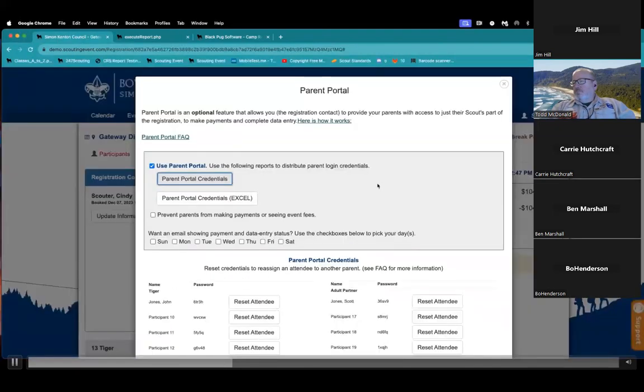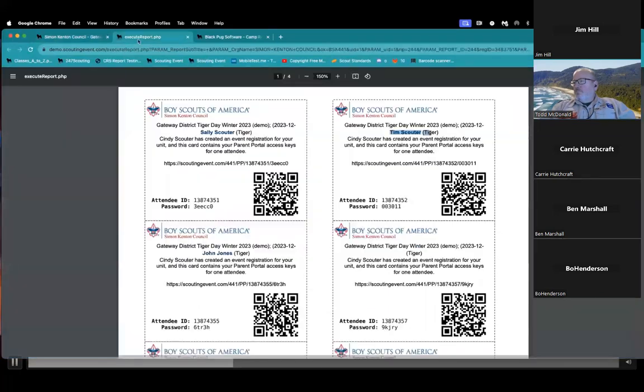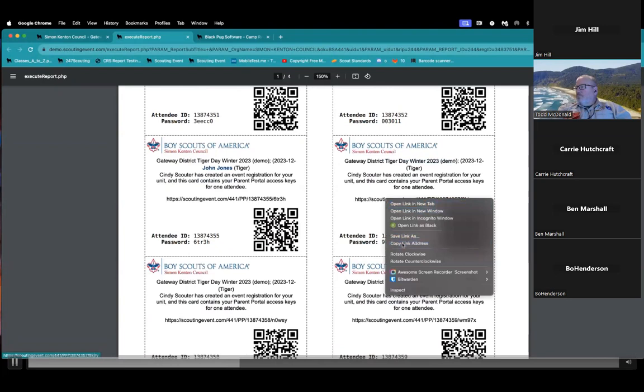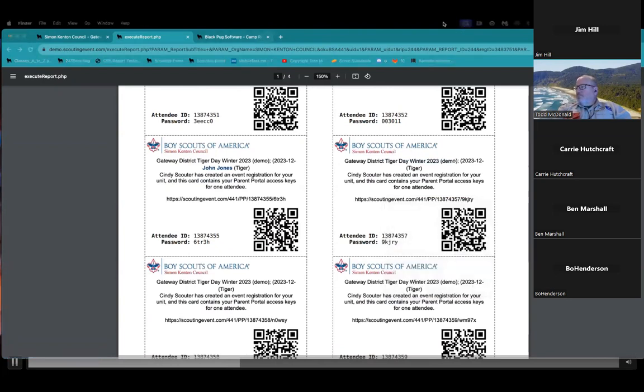So now I'm going to switch gears here. I'm no longer Cindy who created the registration. Now I'm one of the parents of one of these tigers, and I need to go in and fill out their information. So I'm going to come down to this fourth one here because this is one of our unnamed tigers. And if I've got my phone or a mobile device, I can scan this QR code to get in here. I can also copy and paste this link into my browser or type it in. I am going to copy this, but I need to make one modification to it for our demo